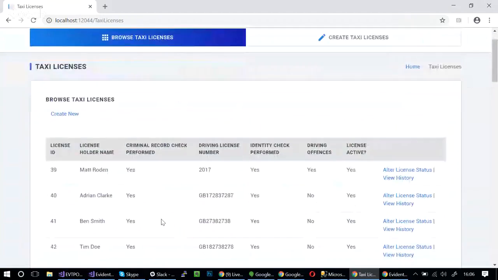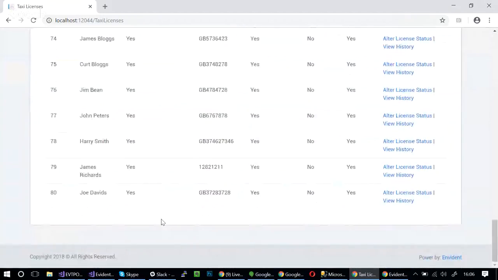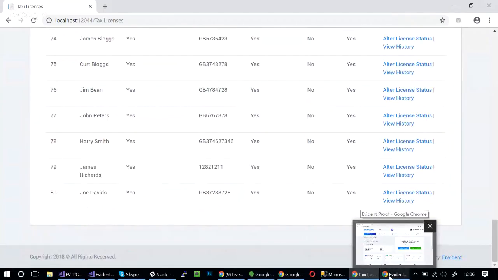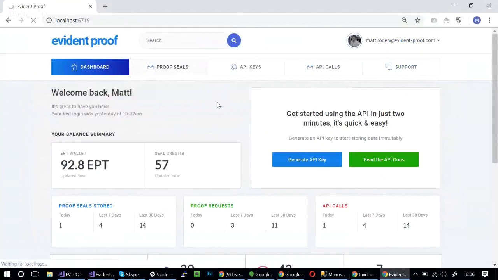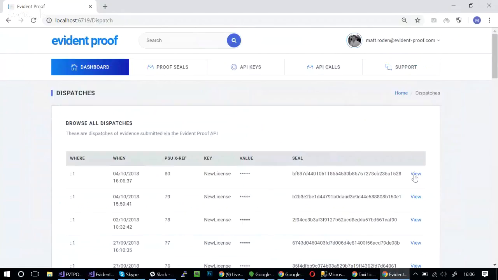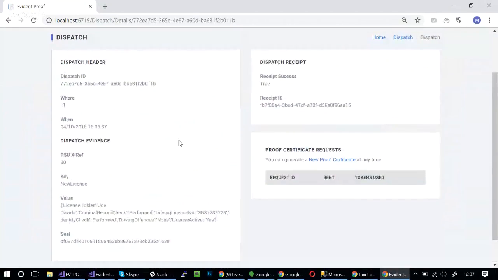So we've submitted our taxi license. There he's at the bottom, Joe Davids. And we're going to just go back into evident. And we're going to see that Joe Davids data has been submitted to the evident proof platform. So you can see here that we have a dispatch ID, which is essentially the API call into our service, a where, which can be an IP address or a geolocation, a timestamp, which is important, of course, and then